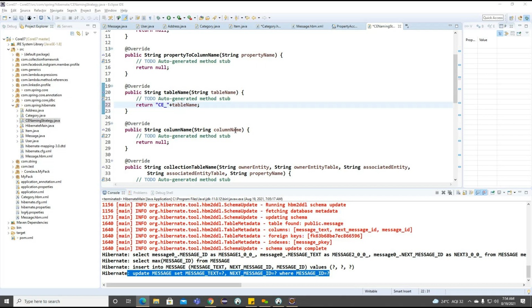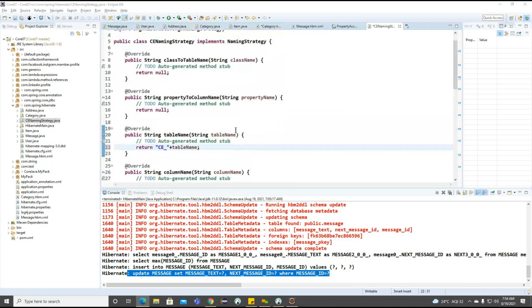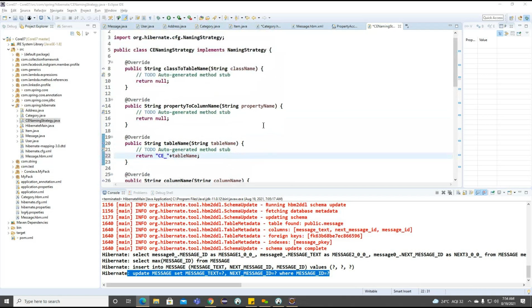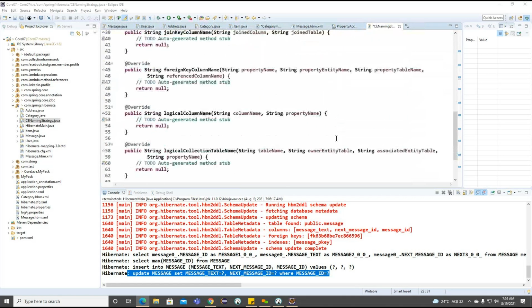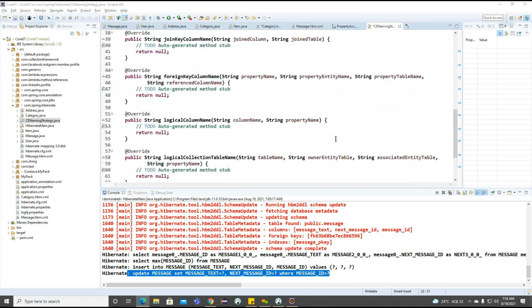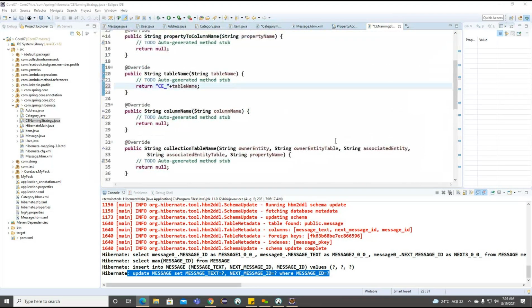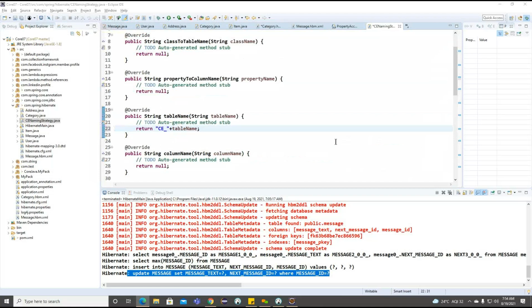And now for this property to table name here, we need to identify one more method, propertyToColumnName.